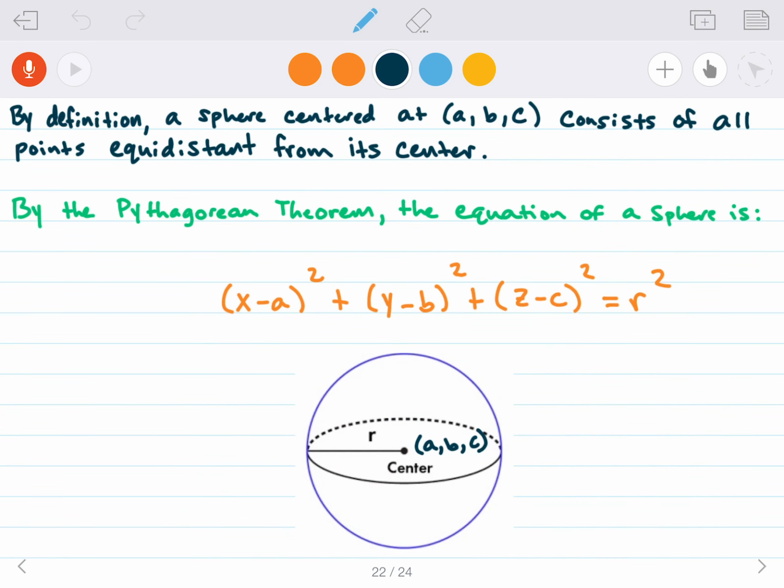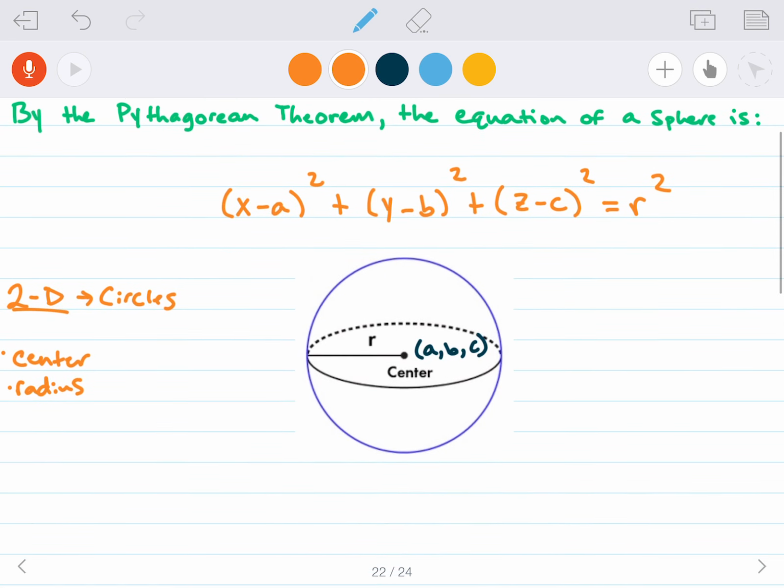All right, so let's talk about spheres. In 2 dimensions, in 2D, we have circles. And circles have a center and a radius. And the same thing applies to spheres, which is basically like a basketball shape. So a circle has a center and a radius, and typically we call the radius r, and the center we can call maybe (a, b). And so the equation of the circle